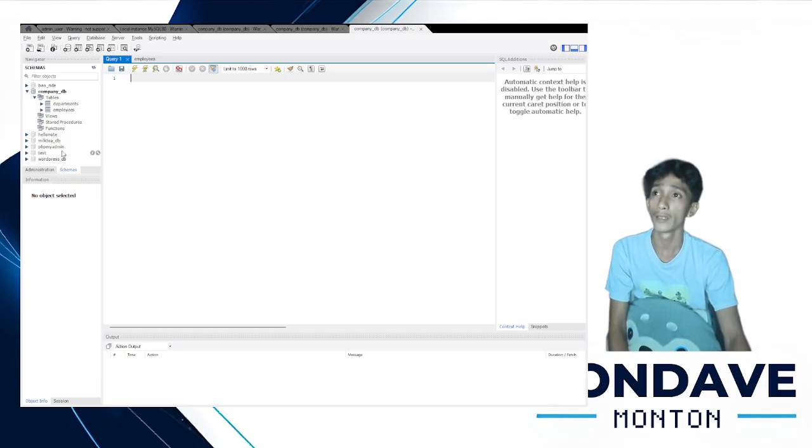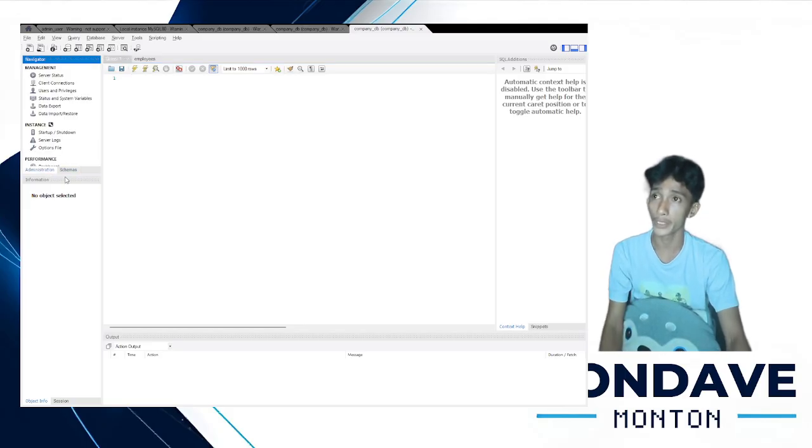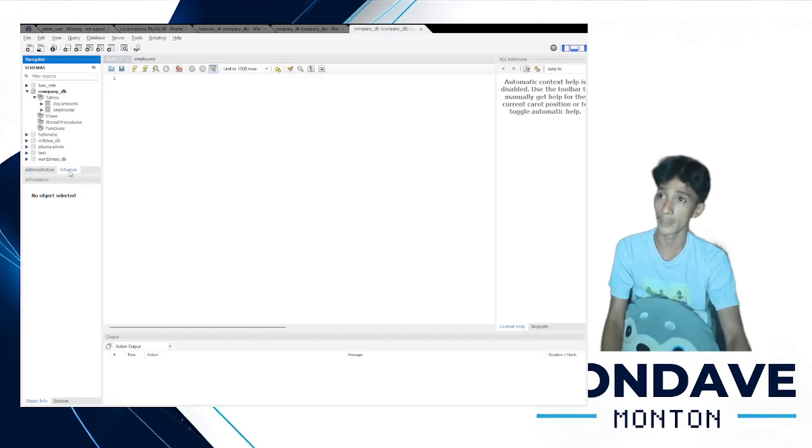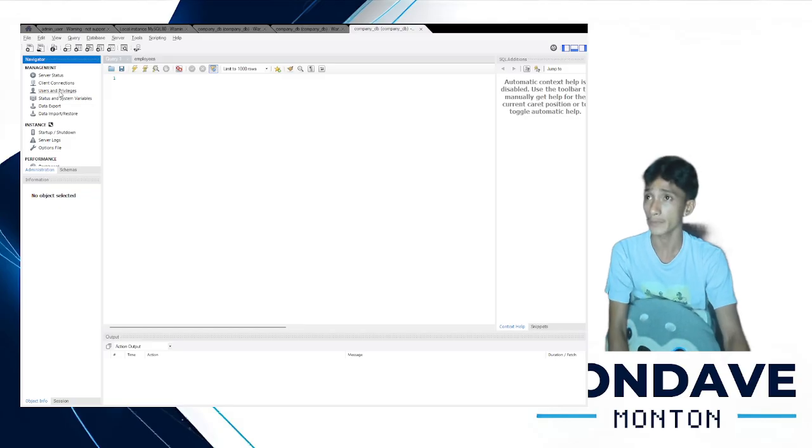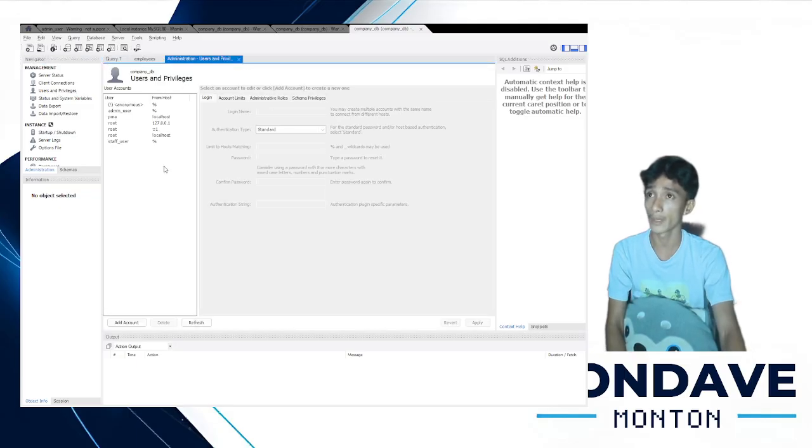To do that, we first have to go to the administration. Just click the admin schema. Here in the GUI, it has a schema, and on the right side is the administration, and then the user and privilege.